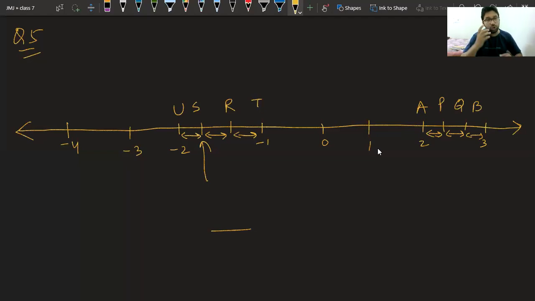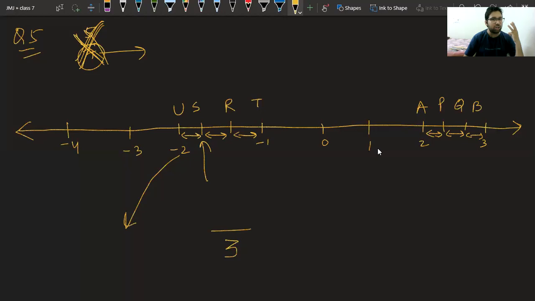So class, as I've told you in previous cases, whenever we used to see the number which we are locating, suppose the number was 5/7, we used to say as 7 is denominator, there will be 7 divisions. In this question, we don't know the number. We know the divisions. There are 3 divisions. So we can say clearly this will be 3. Whatever number are there, their denominator is 3.